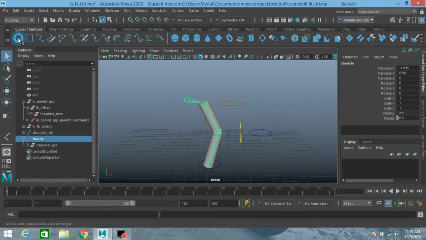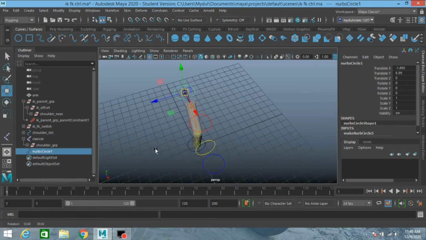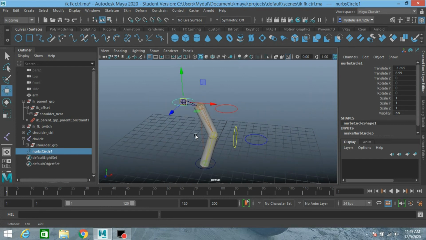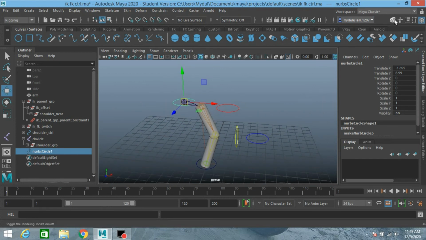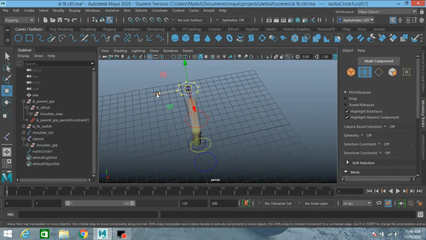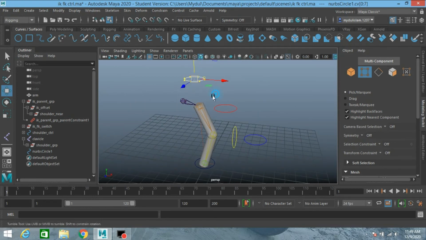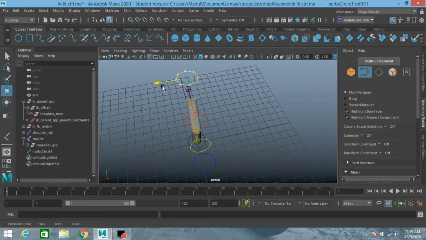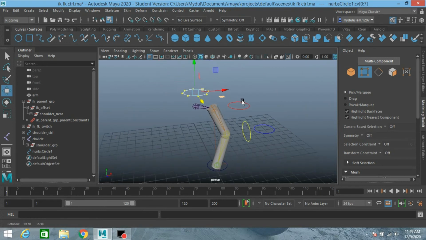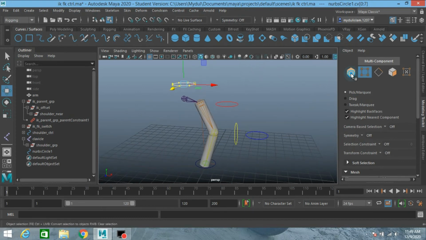Now take another nurbs circle, press V to snap it to the shoulder joint. Now go to vertex mode, select all the vertex and move it back just here and up. Again go to object mode.